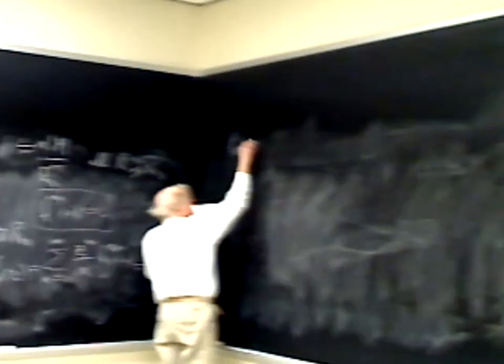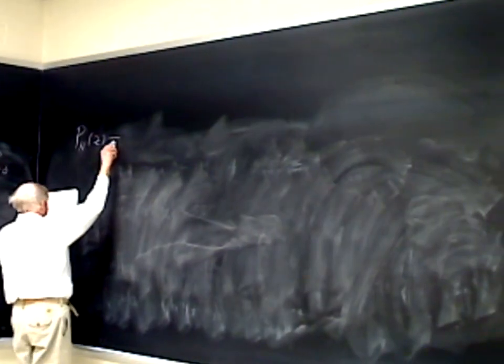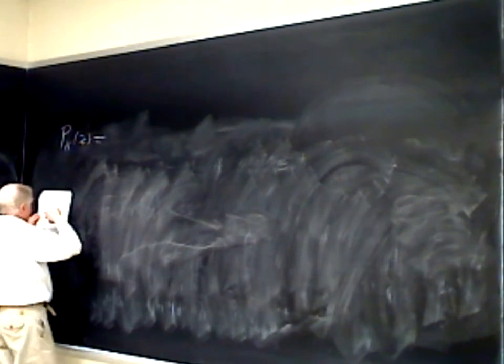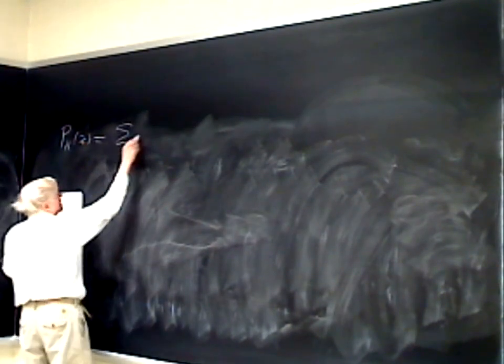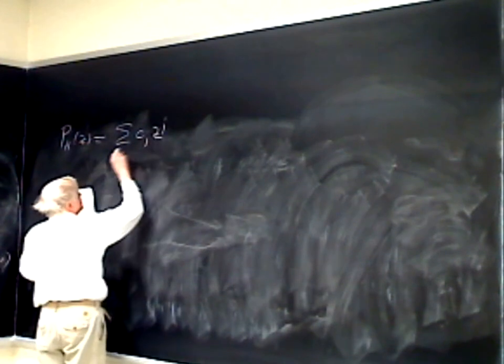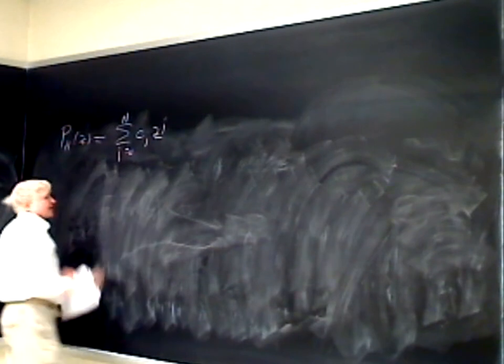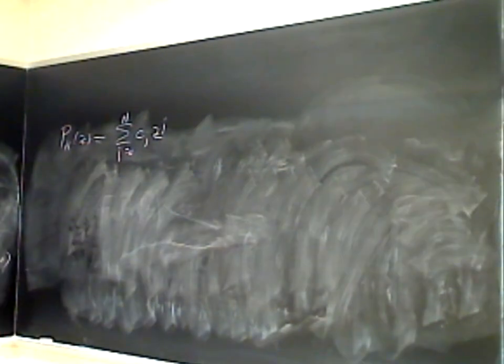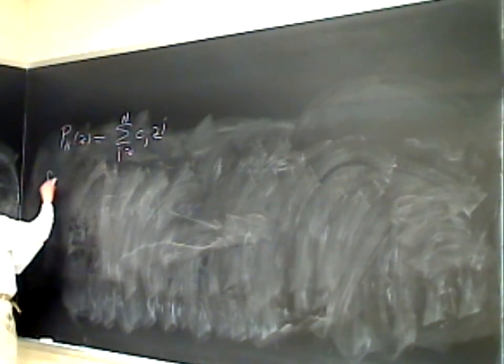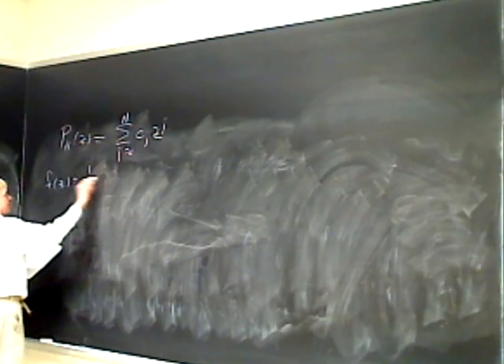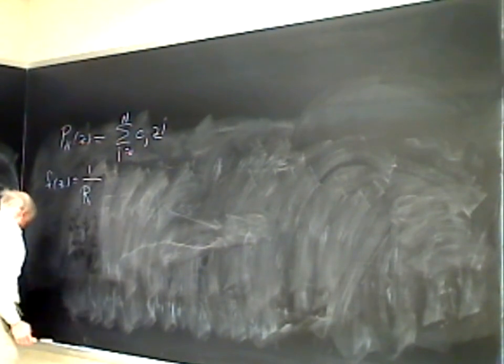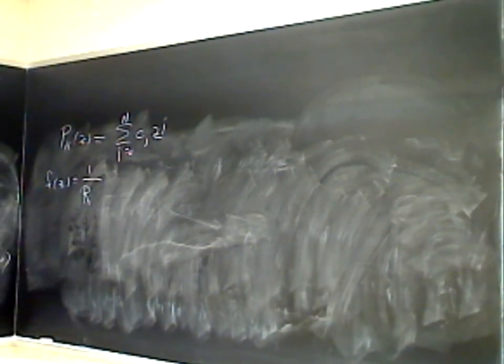In other words, P_N of z is the sum of C_j z to the j, j equals 0 to capital N. Suppose that's a polynomial, okay? And the polynomial is entire, and so then f of z equals 1 over